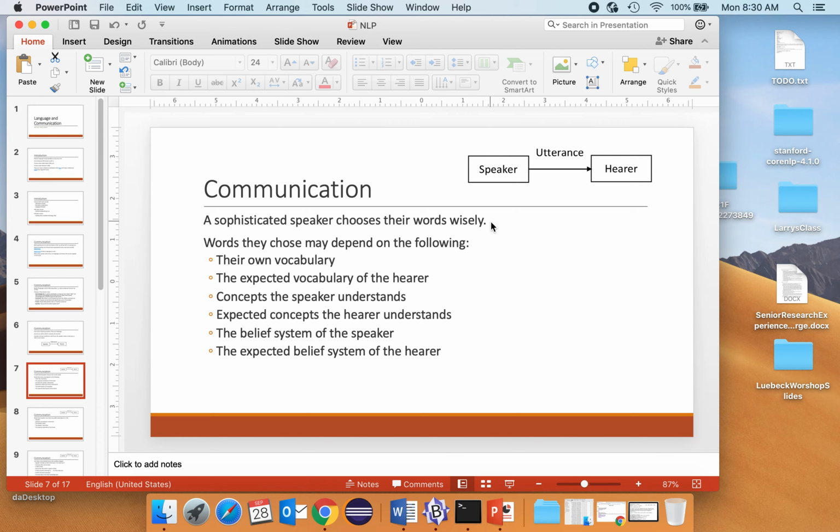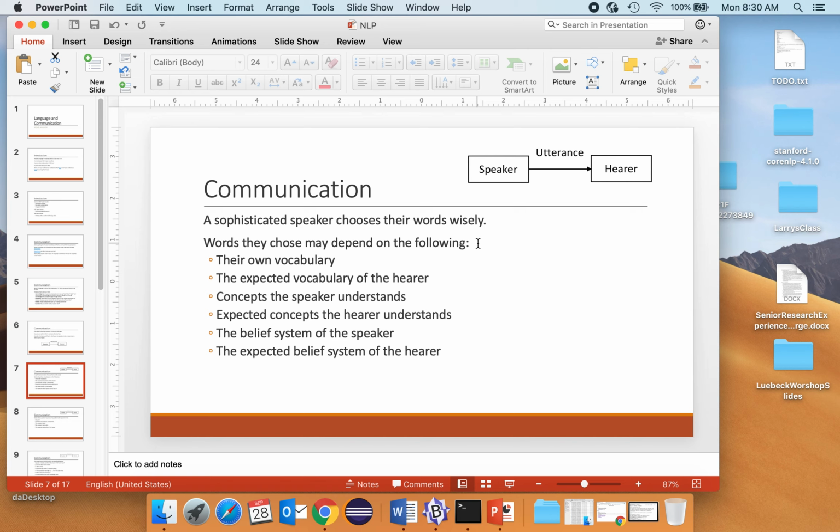A sophisticated speaker or communicator may decide to choose their words wisely. Advertisement is really about communication, not just words, but also symbols, signs, slogans, music, things like this. People in the advertising business spend a lot of time, especially on slogans for companies, figuring out which words to use, asking focus groups for feedback. But let's not go there. Let's simply think about some of the stuff that we do.